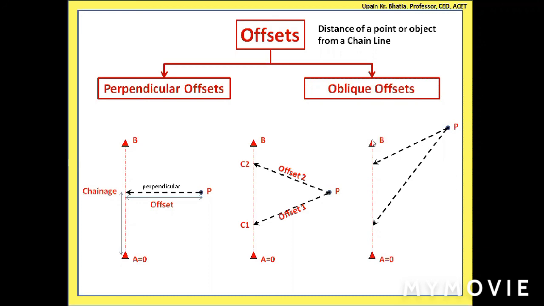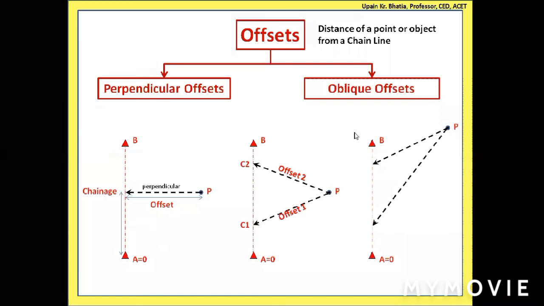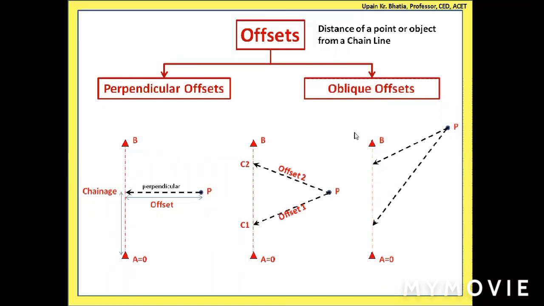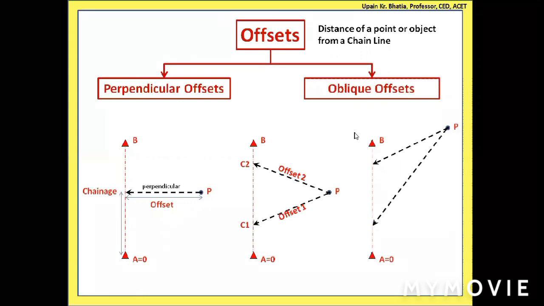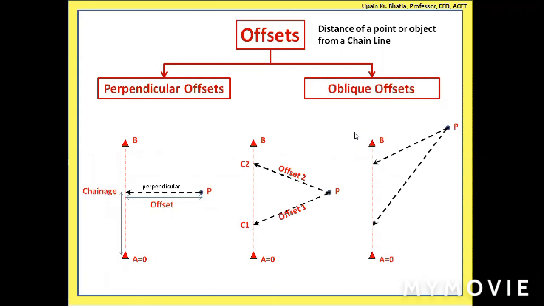Otherwise also, if there is a boundary line, we have procedures in surveying. If I tell you, the procedures are even for points which are not accessible, where you cannot go. In between, you have some river or pond or hedge or forest area, but that point is very far on, say, some hilltop. Even that point can be observed and plotted in your sheet without actually going there, without actually measuring the distance from your chain line. So that type of procedures are also there, but they are not discussed as of now.